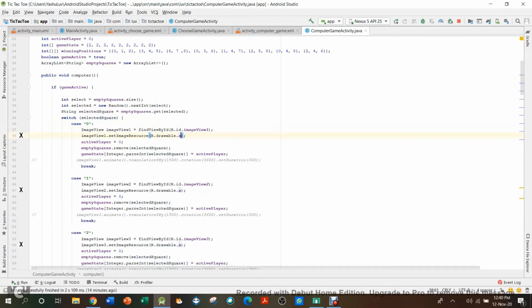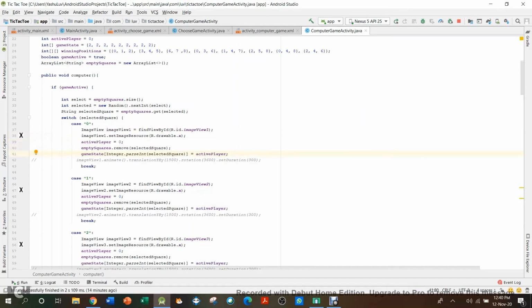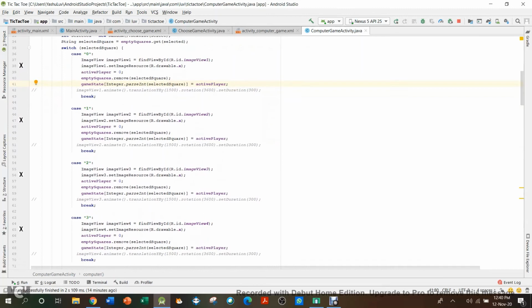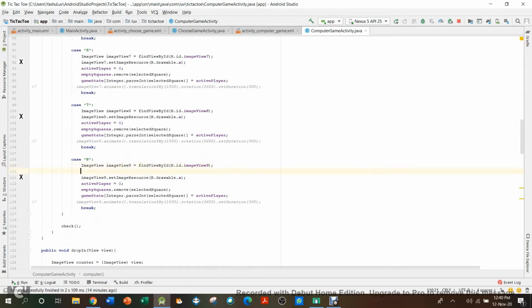See, now here that's the thing. If we would have done x and 0, then we would have to change like these 4 things for all of these cases, all of these 8, 9 cases we would have to do. But obviously if you want to do it, you can do it. You just have to add an if statement here.